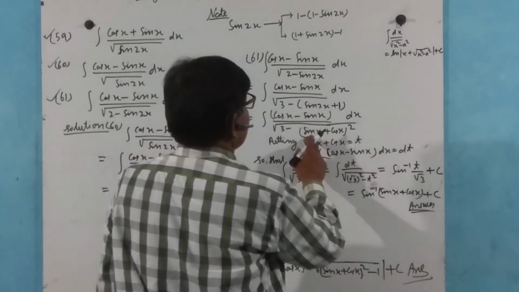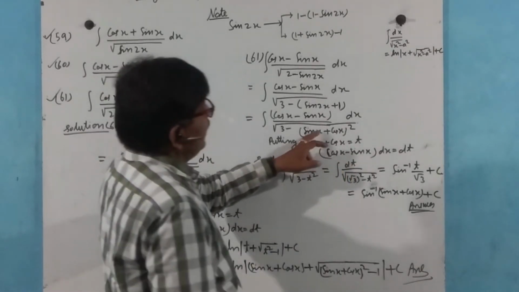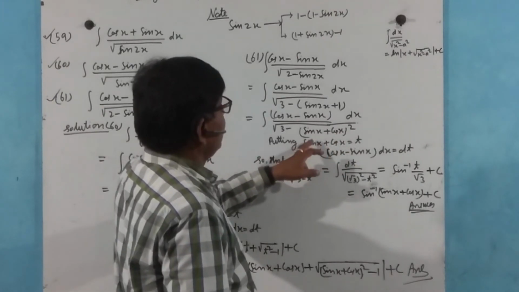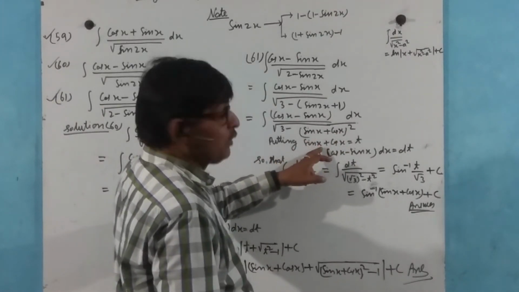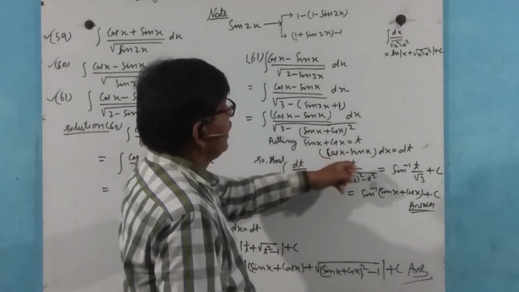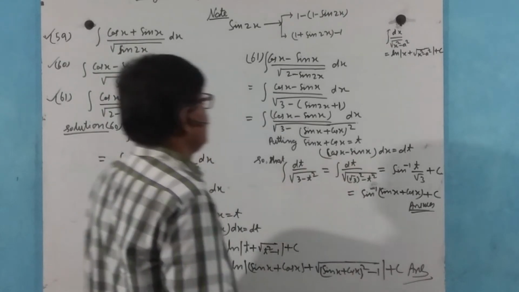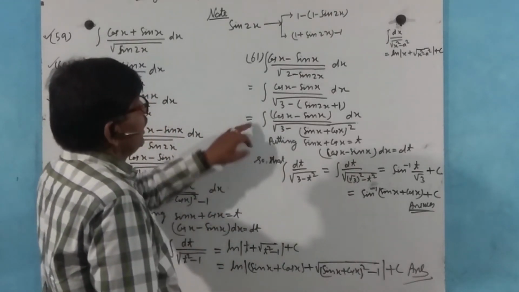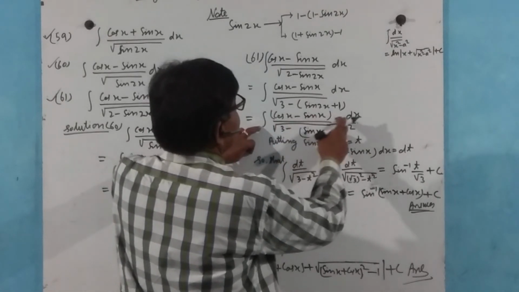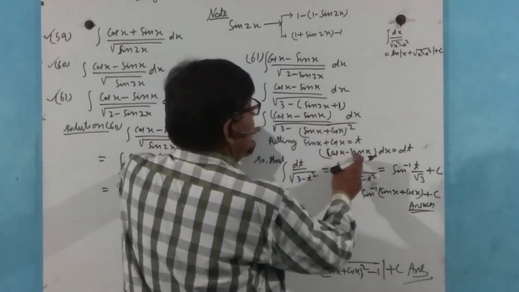Putting sin x plus cos x equal to t simply, and differentiating it with respect to x, we get (cos x minus sin x) dx equal to dt, so that our integration becomes